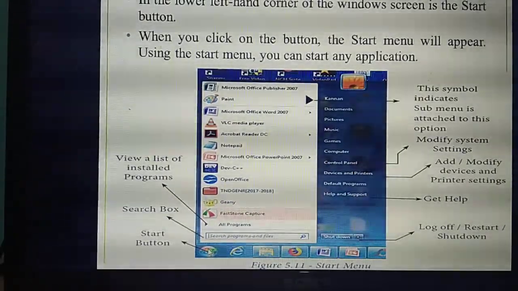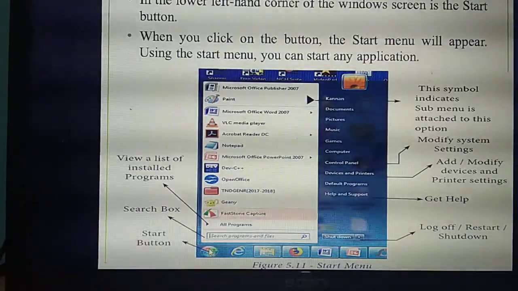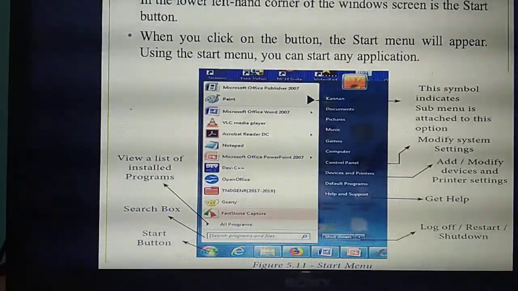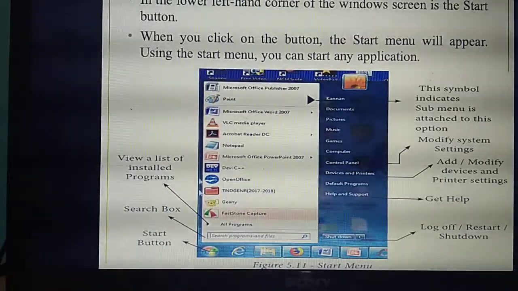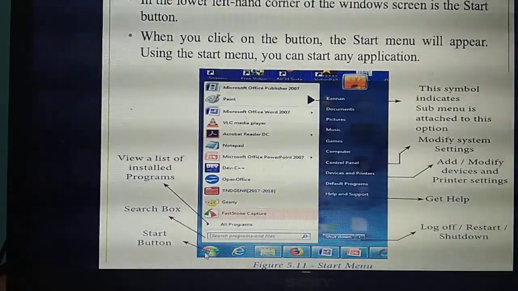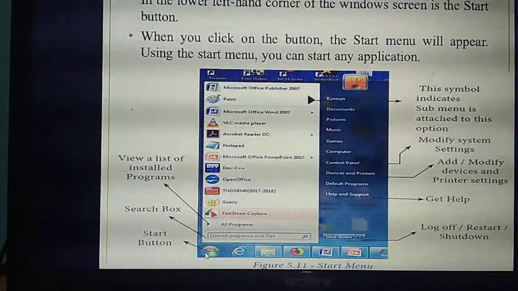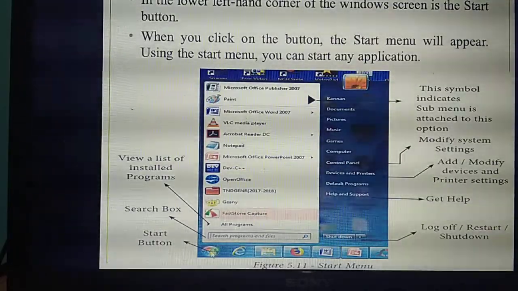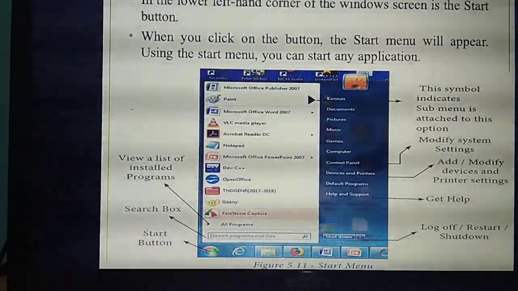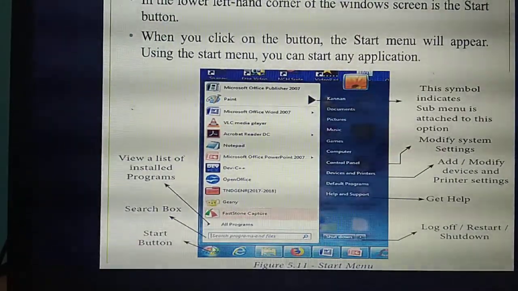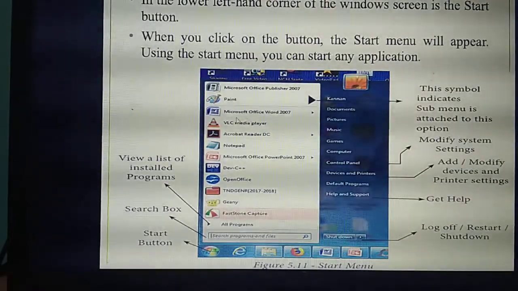All these things I will cover in your lab practical time, so listen carefully. What's the opening screen? That opening screen we call which screen? Desktop screen. In the desktop screen, at the left corner, the Windows symbol button we call which button? Start button. What applications or programs are installed in your computer? All the programs will be displayed inside this start button. If you click the start button, you are able to see all the program files available in your computer. Like this you can see.